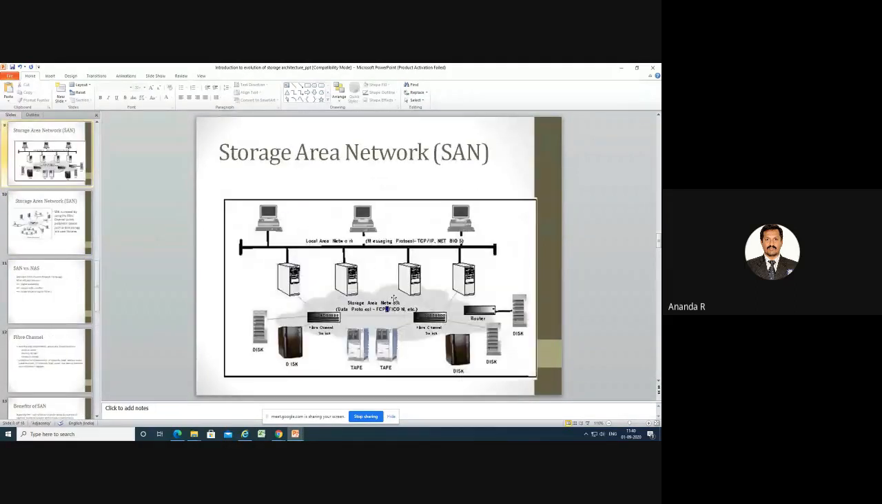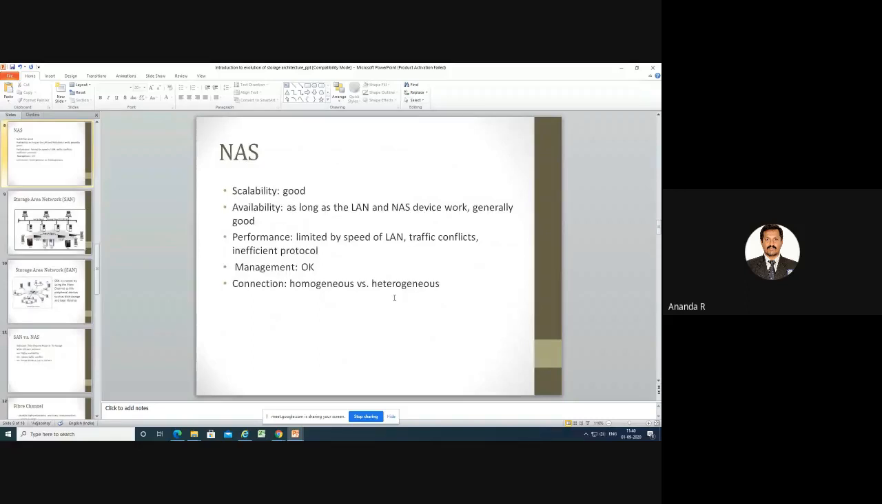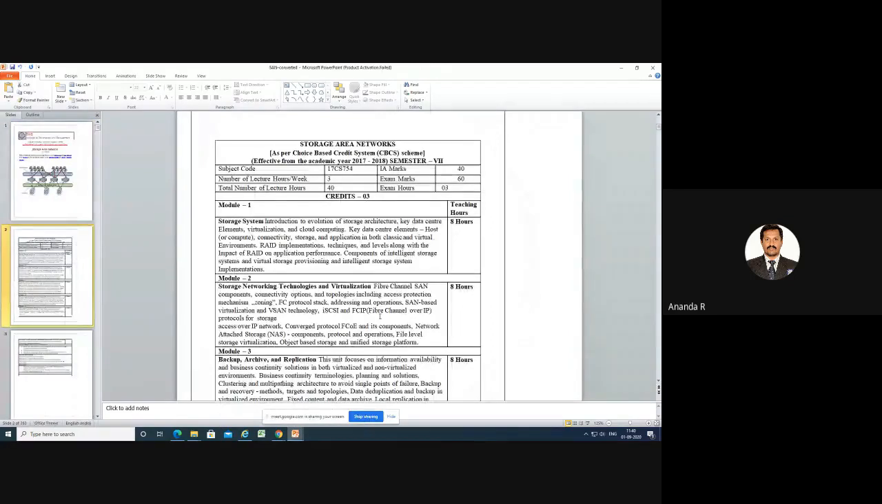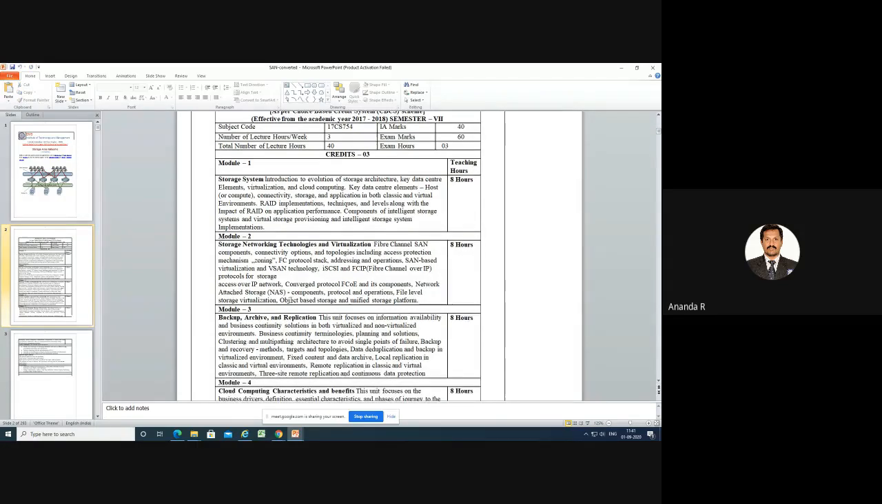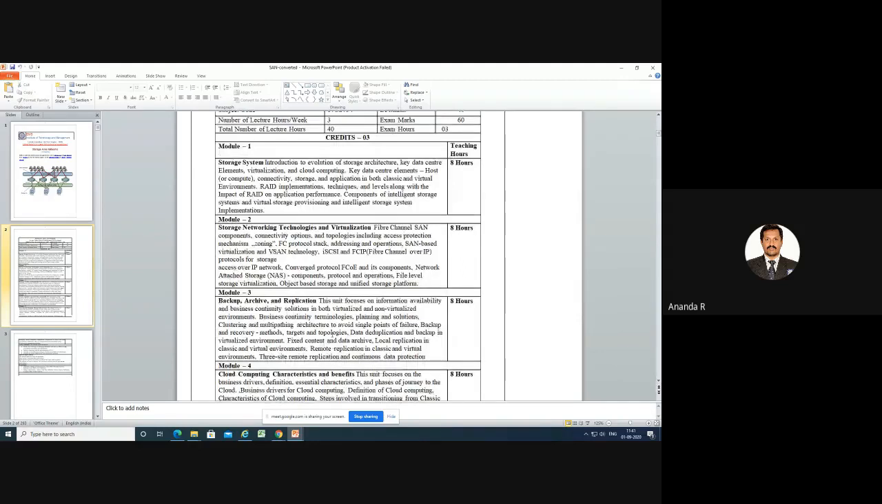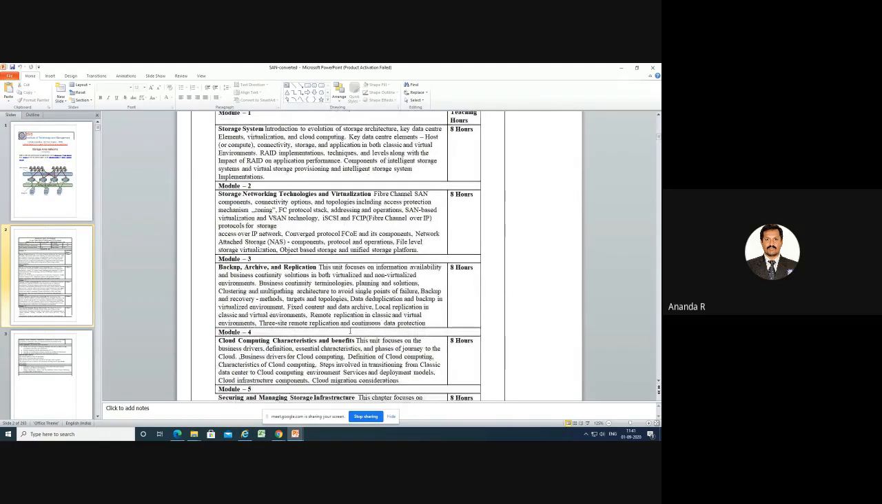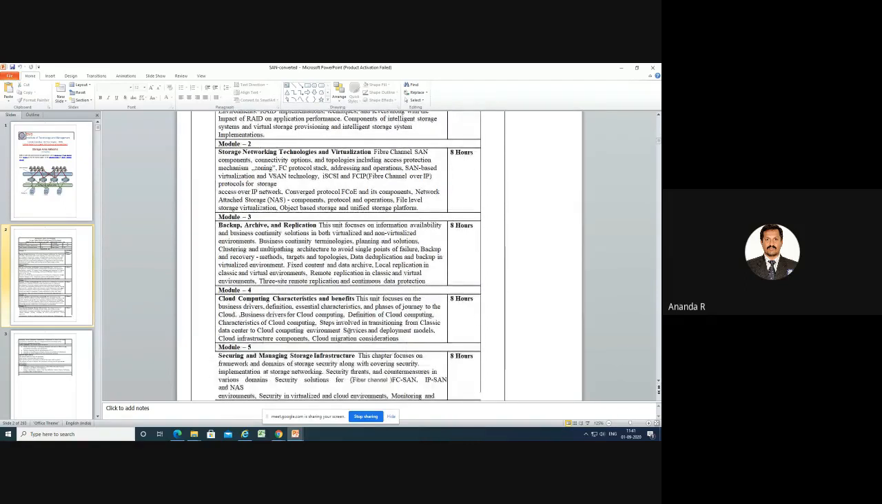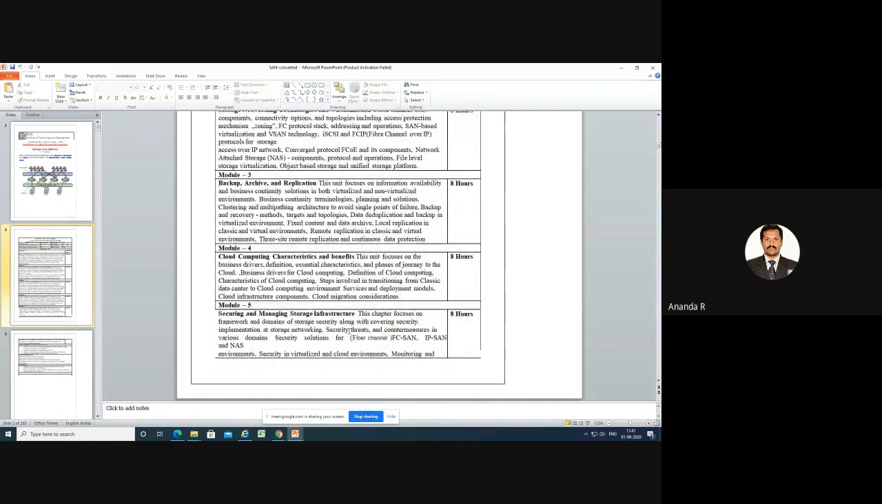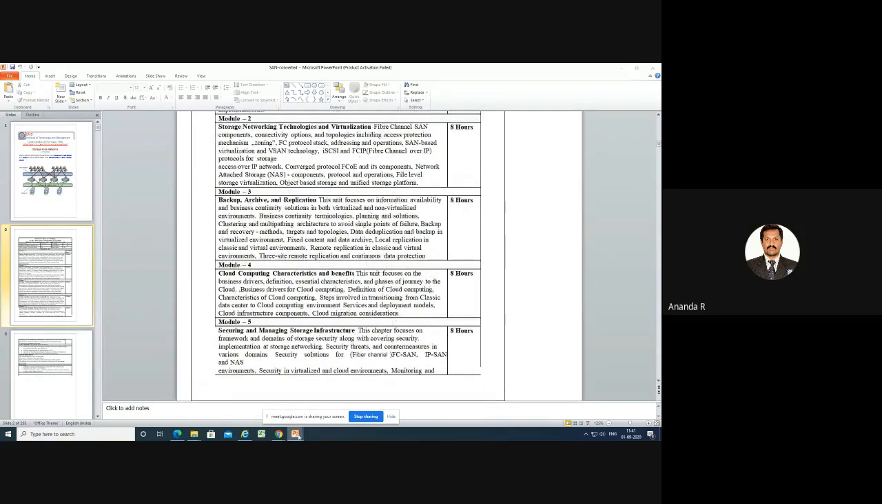Okay, so for this class, let us go to the syllabus. We started with SAN, that is the storage system, in module number 1. Then we studied storage network technology and virtualization. Then we studied backup, archive and replication methods. Then we studied cloud computing characteristics and benefits. Then we studied securing and managing of a storage infrastructure. What do you mean by securing? What do you mean by managing? Then after that, we started